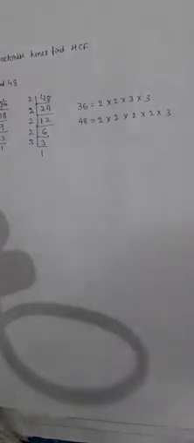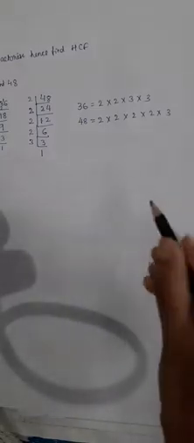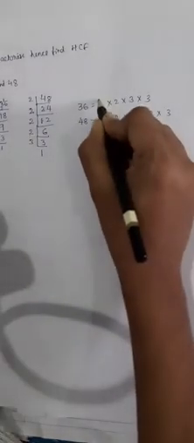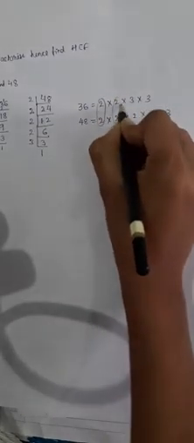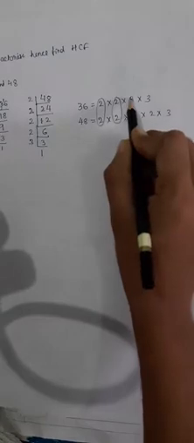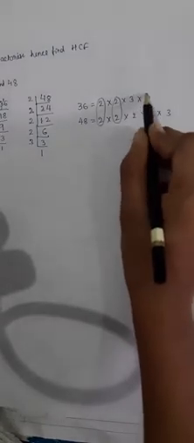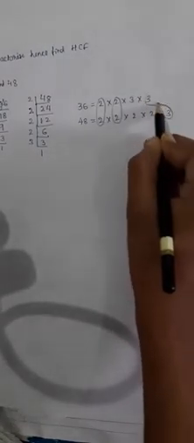So what you have to do is, which are the common factors here? 2 is common, 2 is common, write like this. Another 2 is not there. We have 3 over here. We will write like this. Okay.